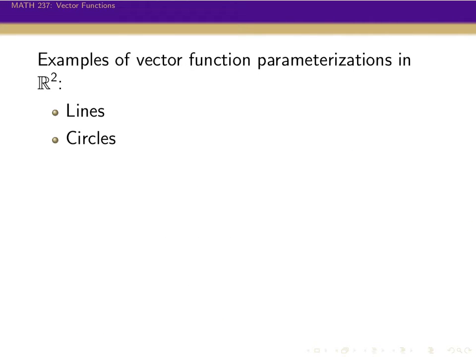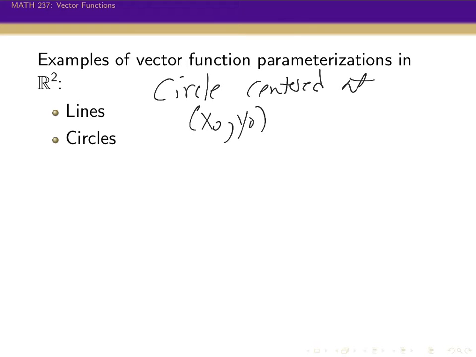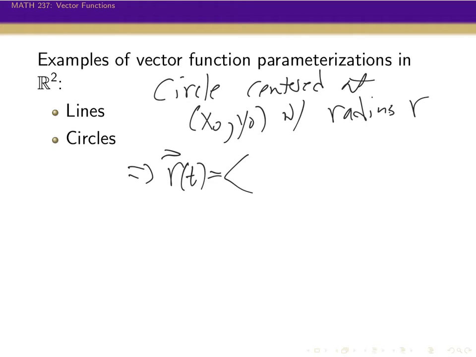So if we want a vector equation for a circle centered at (x naught, y naught), I already put the center in. We just need to pick the radius. Let's call the radius r. Well, the vector function for that, following the same thing we did before, is going to be, we can write it as